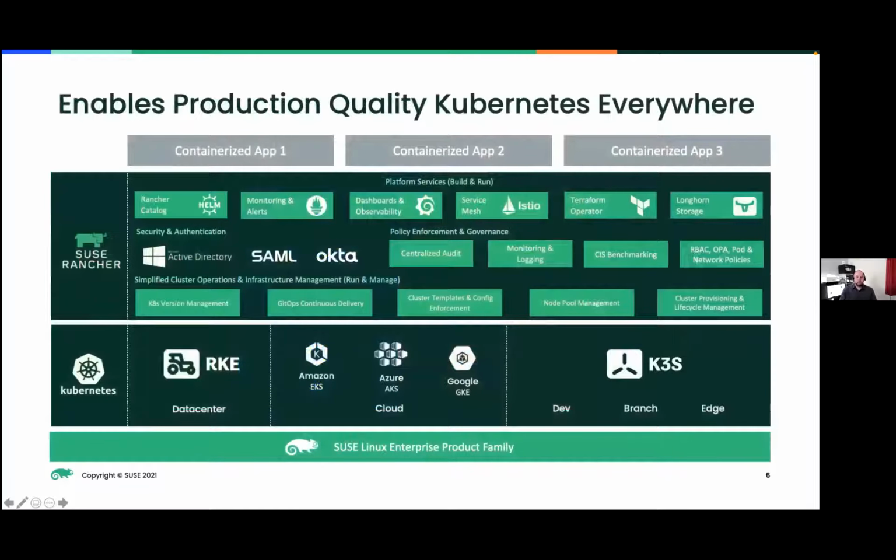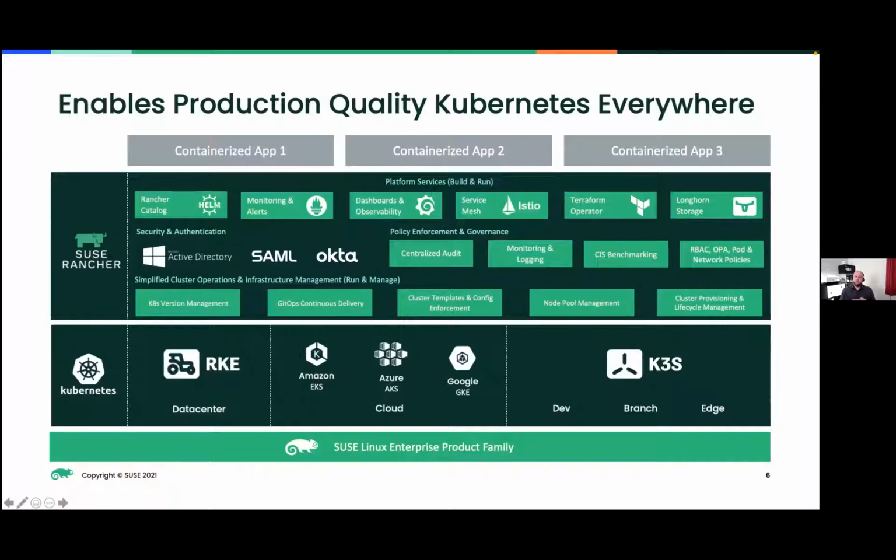Now, I mentioned SUSE Rancher just now, and that is our main open source Kubernetes management offering. The reason that I stress that open source is that obviously we do have paying customers for SUSE Rancher, but they download exactly the same bits that your teams are able to go and download today. You're able to go off to our GitHub repository and get started with exactly the same code base. Our customers just pay us for support and, on occasion, the professional services and consulting subscriptions.